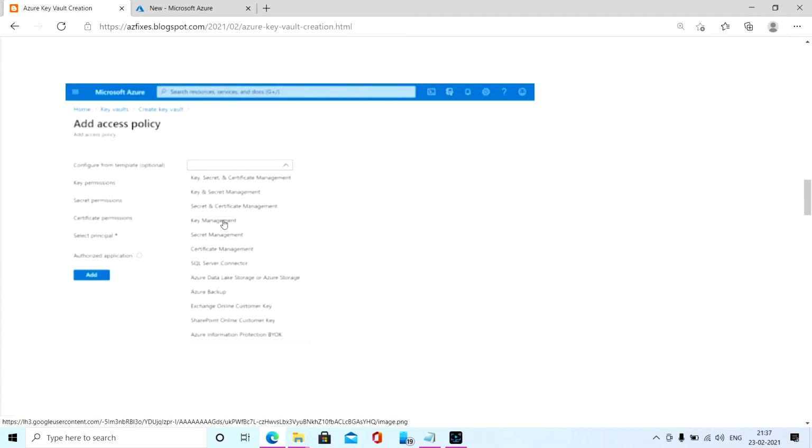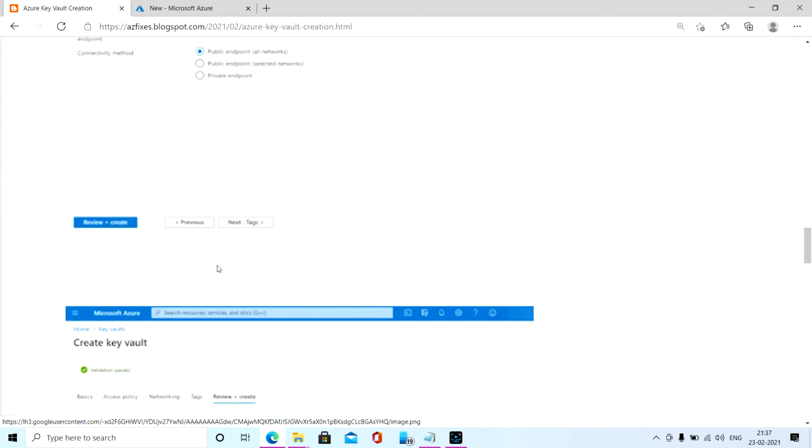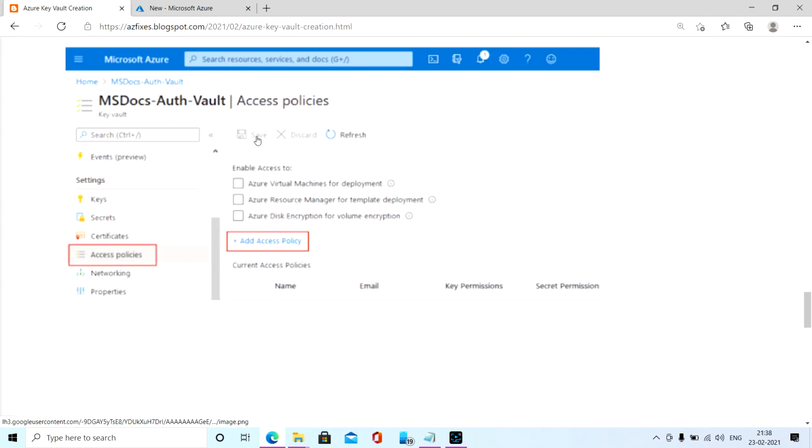You will get that prompt. So you have to choose all your access requirements here, and once you add them, you have to select the principal. In the principal column you have to add your Azure account, the one you have used for the portal login. Once you add it, you will have to save here. Once you have saved, you will be able to see the key which is available in the key column. This is all about the deployment of the key vault.